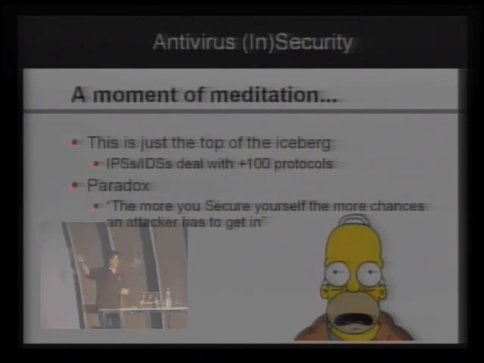So the paradox here is pretty interesting: the more infrastructure you put in your network, like my whole antivirus, I try to protect my company the best that I can, but at the same time, they have to deal with so many things that if you think about it twice, there is a very big problem there, because basically the more you defend yourself, the more you become vulnerable to these kinds of attacks.